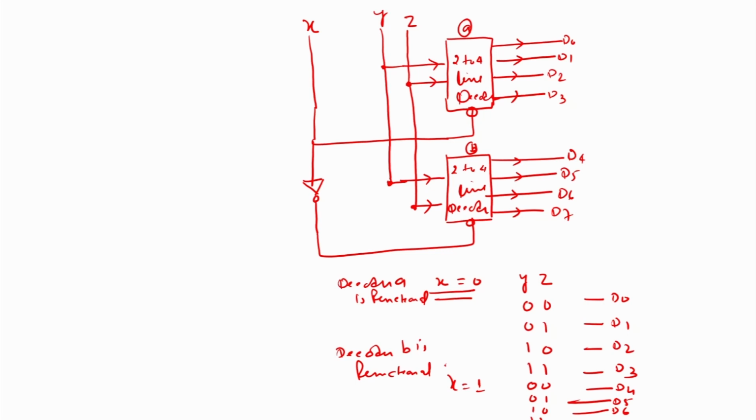In case of a 3 to 8 line decoder, there are 3 input lines taken as X, Y, Z and 8 output lines. When we implement a 3 to 8 line decoder by using a 2 to 4 line decoder, there is a need of two 2 to 4 line decoders, that is decoder A and decoder B, and both decoders have common inputs Y and Z, provided to decoder A as well as B. The third input of the 3 to 8 line decoder is X, and this is simply given as an enable input. When the value of X is equal to 0, decoder A is enabled and B is disabled, because it is connected through a NOT gate. When X is equal to 1, decoder A is disabled and decoder B is functional, meaning enabled, and the active outputs are either D4, D5, D6 or D7. So, this is the simple representation of